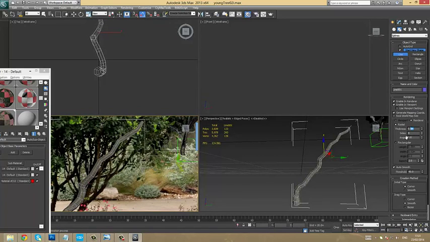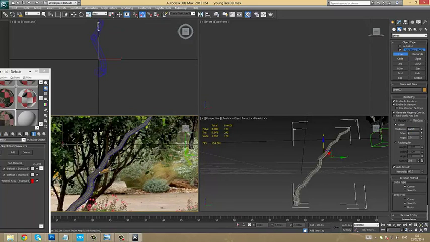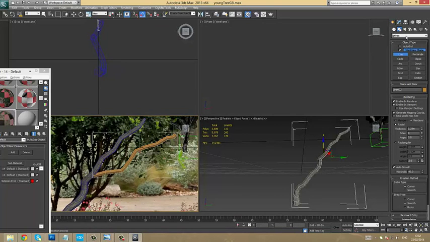Something like 25 should be enough. So just click, drag, click and drag again, or just click and hold again to make this smooth transition. Alright, so now